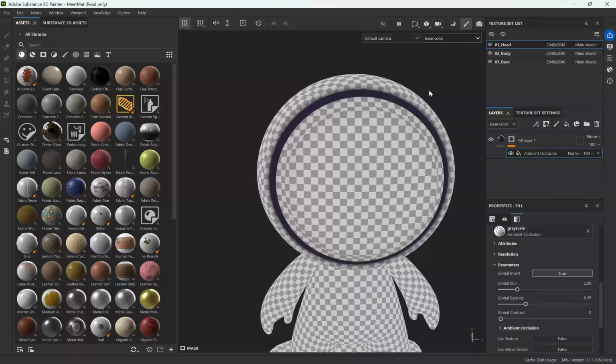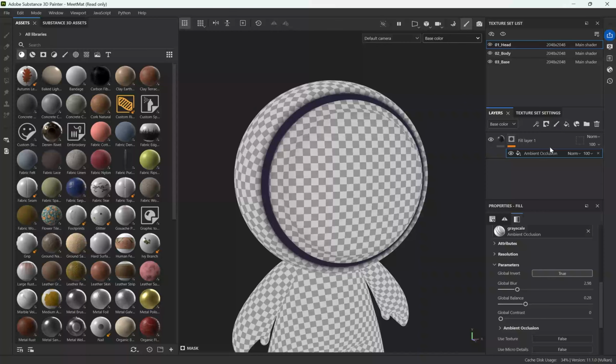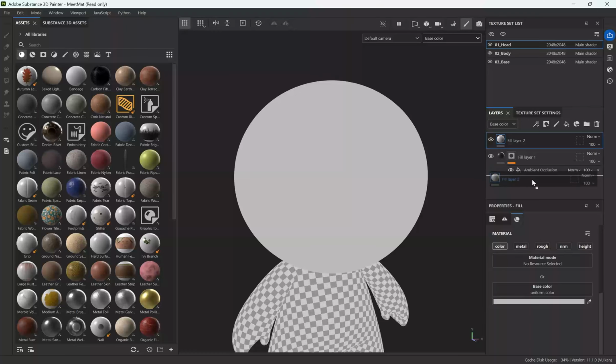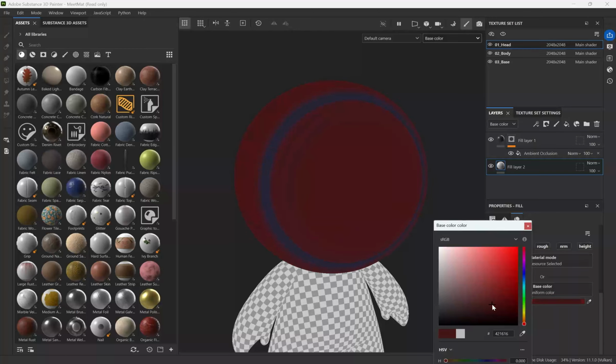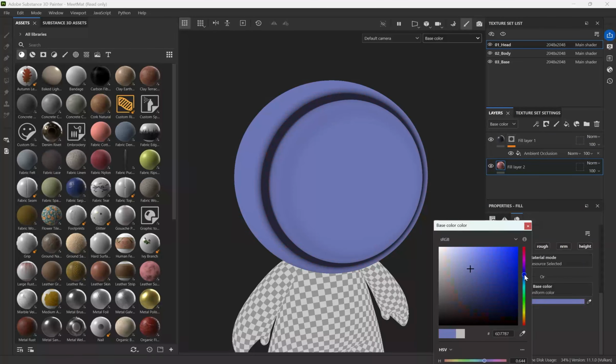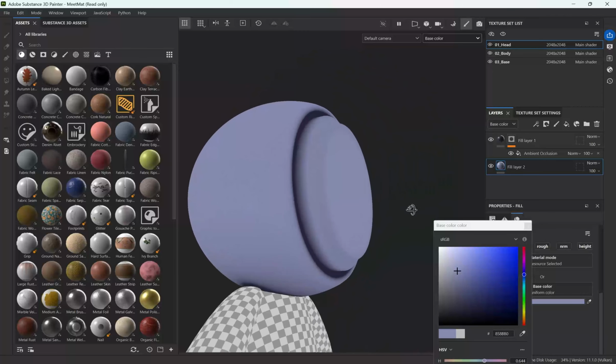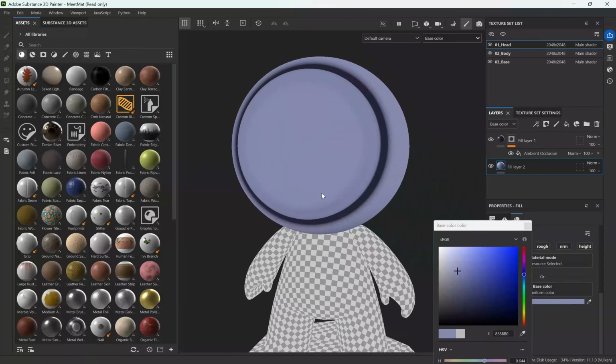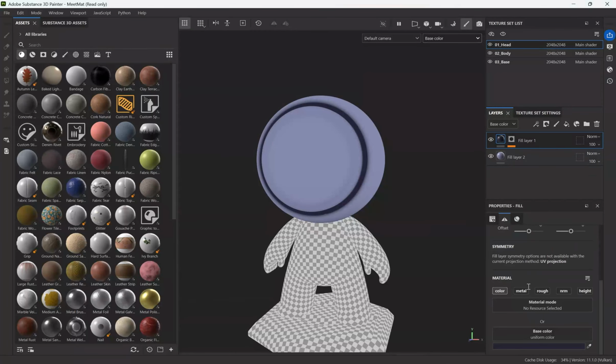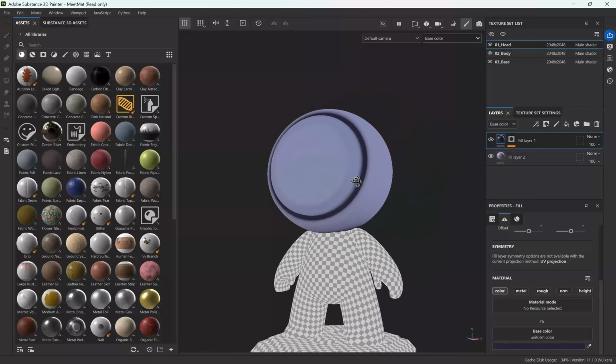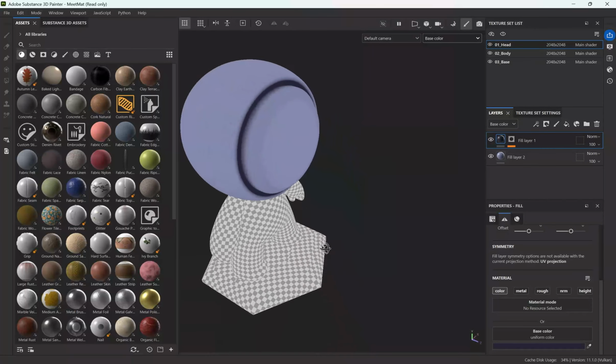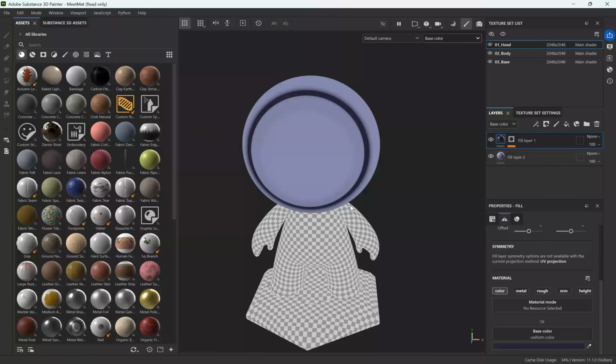So now usually when you're in base color, let me also add a base layer to this so we can see the base color. So when you're within the base color layer, you can't usually see any shadows that your object has, but if you use the ambient occlusion, you can sort of fake those local shadows and get a nice stylized